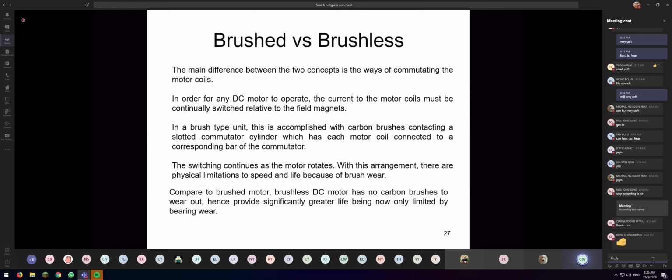Compared to the brush motor, the brushless DC motor has no carbon brush to wear out, hence providing significantly greater life, now only limited by the bearing wear. So for the brushless DC motor, the only weakness is the bearing, because if you have a bad bearing